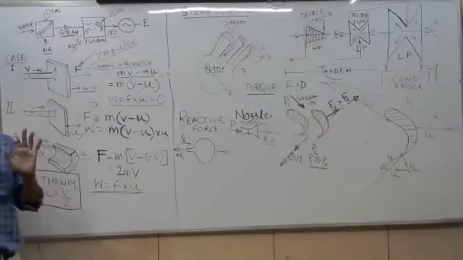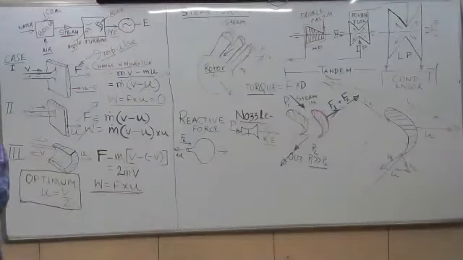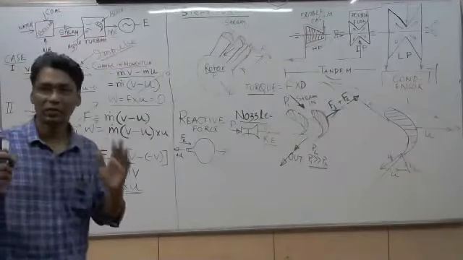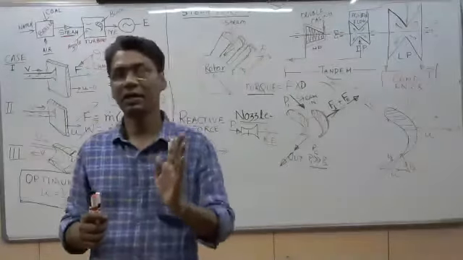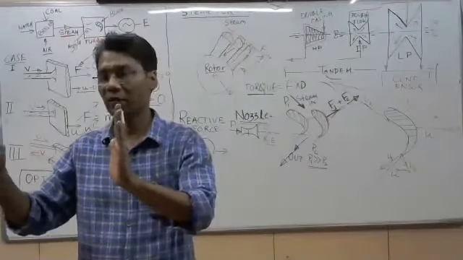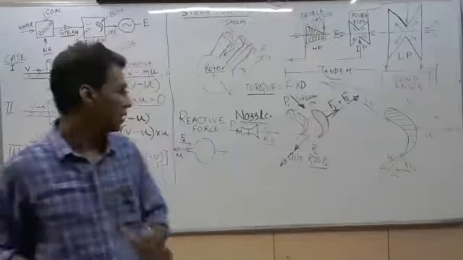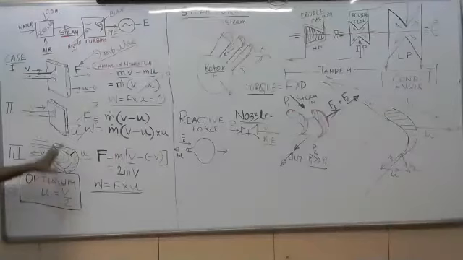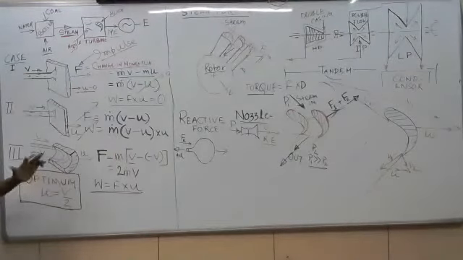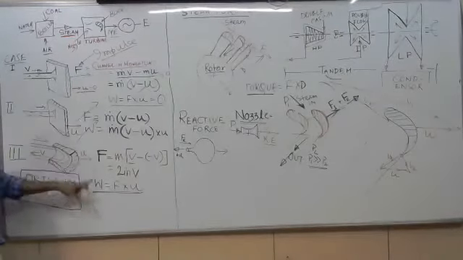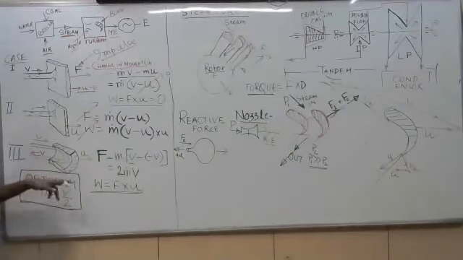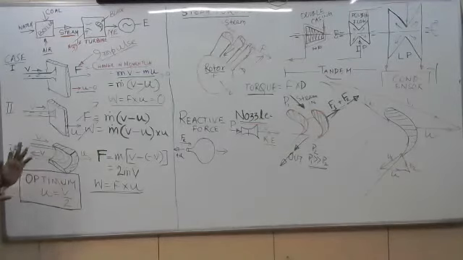That means we fundamentally came to know that if the steam velocity is v, the blade velocity is half of the steam velocity. It causes the maximum output if the steam velocity is double of the blade velocity. This is the blade velocity and that is the steam velocity. The idea is how we are increasing force and work output by changing the configuration of the blade. So that is the idea we are getting of how the blade can be designed.